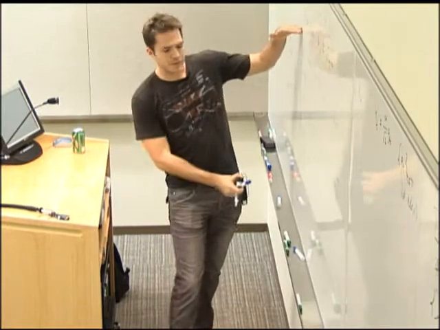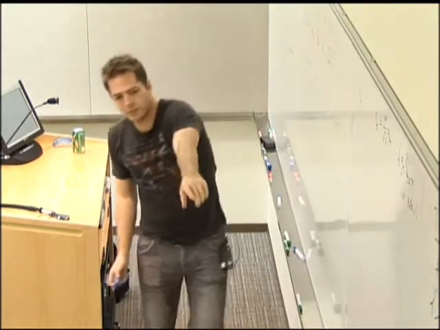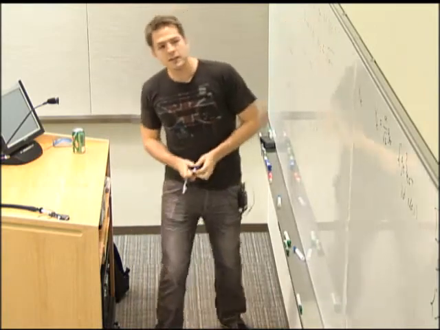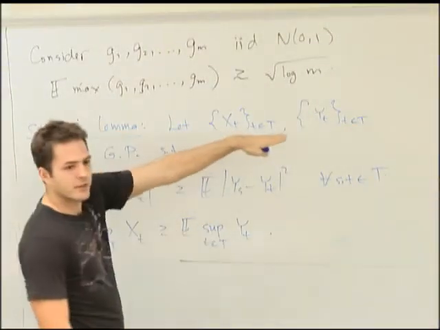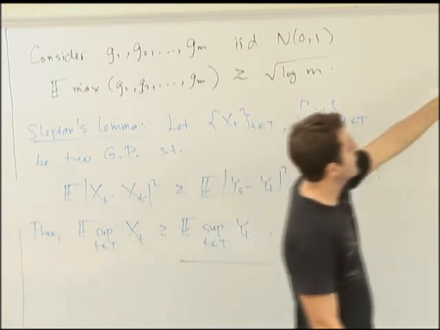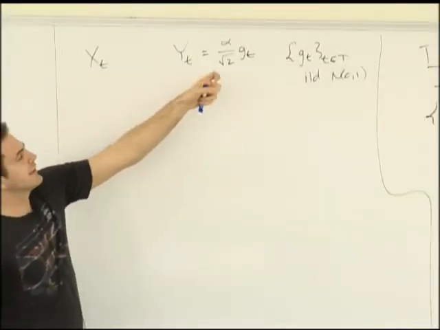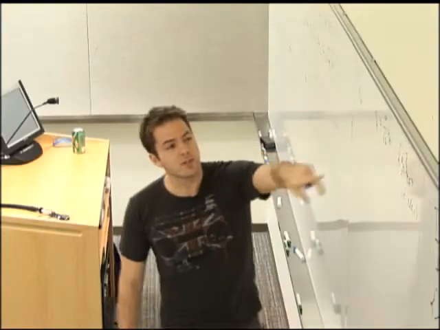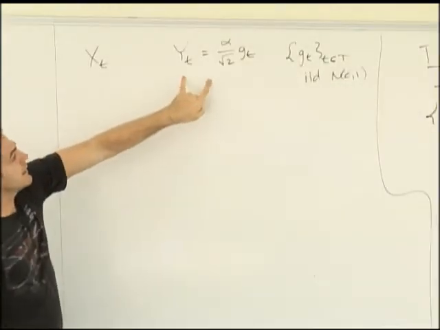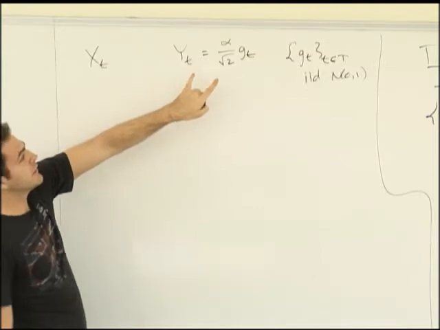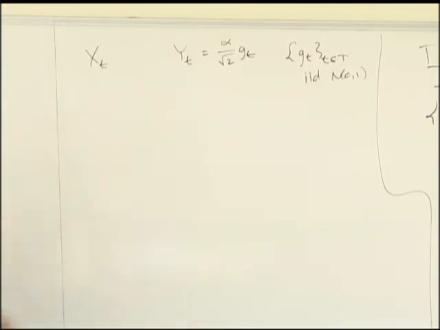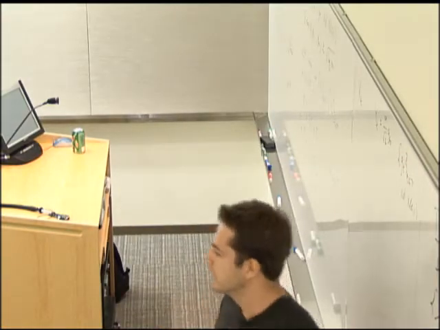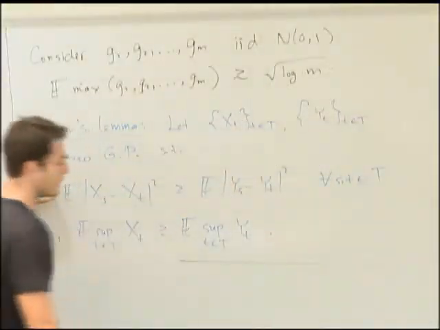With this lemma, we can reduce the inequality to this elementary calculation. This lemma involves two families of random variables on the same index set. So you give me your X_t's, here are the Y_t's. They're just alpha over square root 2 times a bunch of IID Gaussians. Now you can check that the distance between any two here is exactly alpha. And by assumption, over here, the distance between any two is at least alpha. So we definitely satisfy the fact that all distances have gone down.